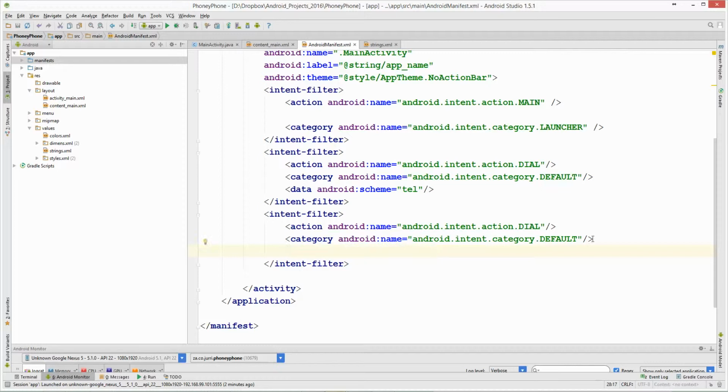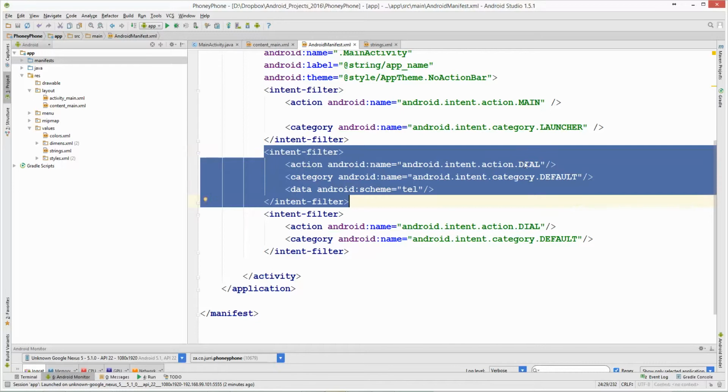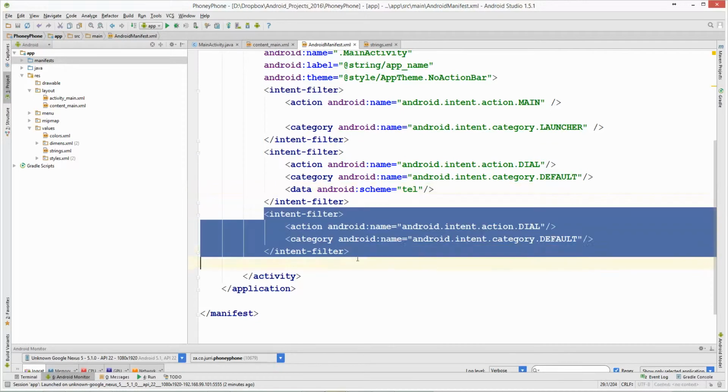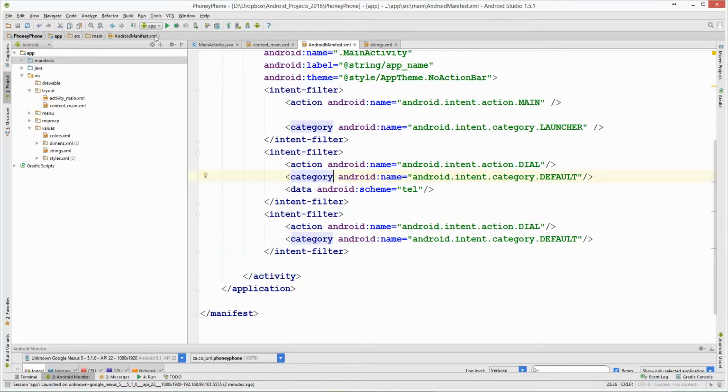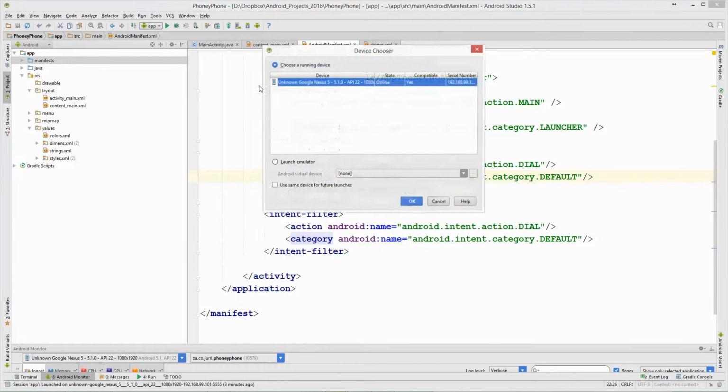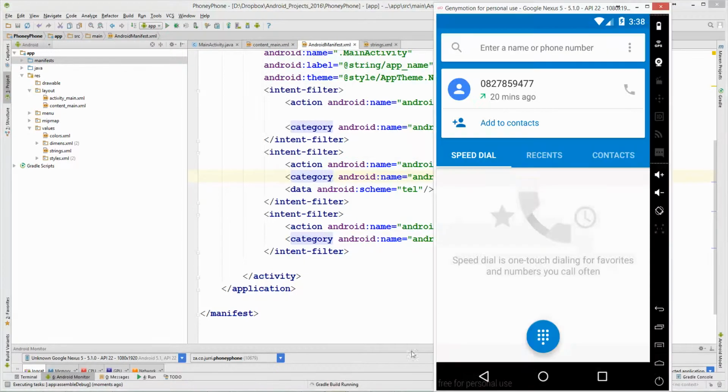So basically what we're saying is that this application of ours, this phony phone, can handle the action dial where we add the telephone number, and it can also handle the action dial where we do not add the telephone number. So we need to have both in order to pick up both. So if we run this phony phone again in the emulator,